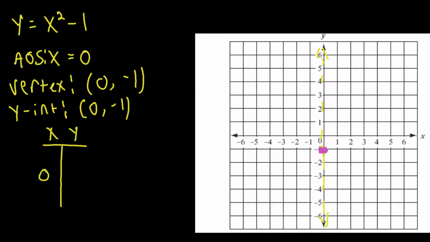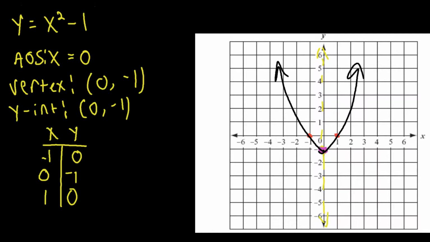Now I have to make a graph. Again, put my vertex in the middle of that graph, go down 1 and up 1. When I do that, I'm going to get my y values equal to 0. So if I go and plot, I'll do it in red, I have negative 1, 0 and 1, 0. Now I can connect my dots like this,